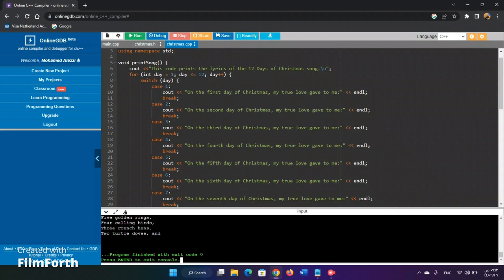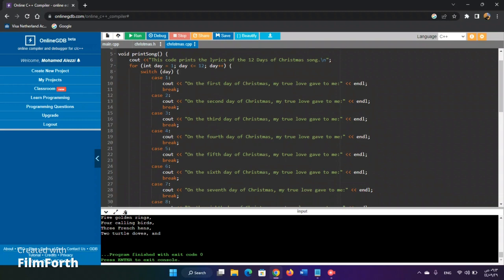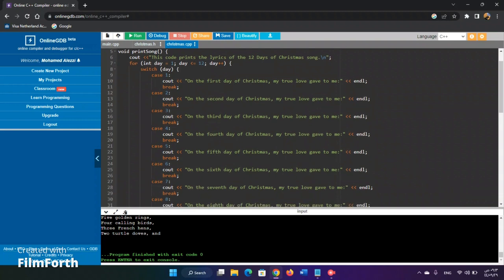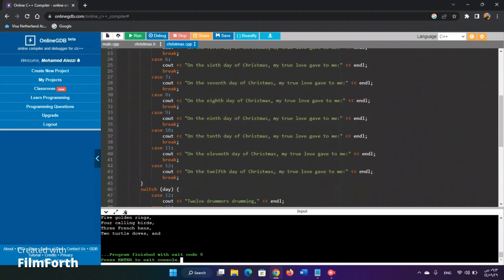Integer day will start from 1 and go while less than 12. It will be printed 12 times. I preferred a switch case in this code. In case 1, we will print this syntax in each one. So for example, case 1, we have the first day, case 2, second day, and break for all of it